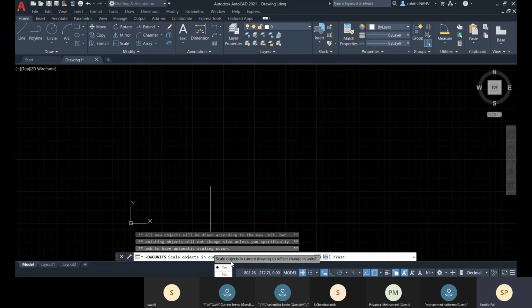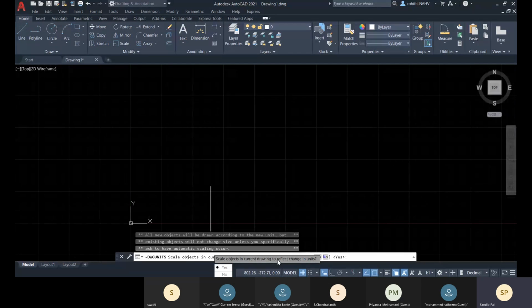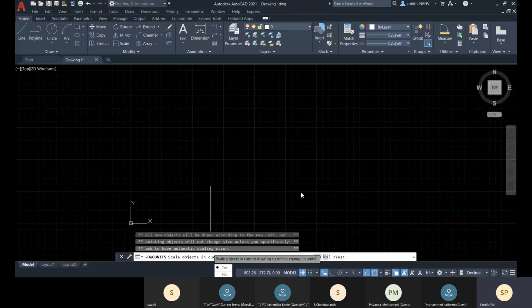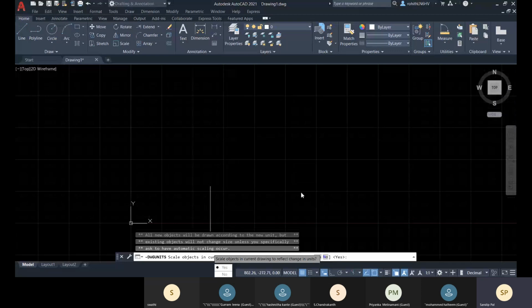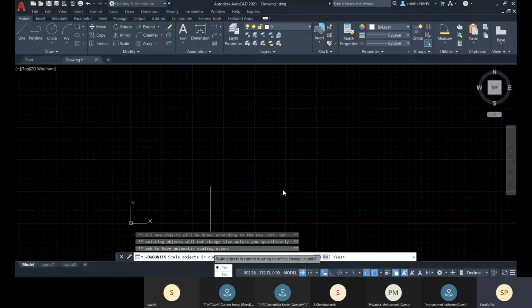Then it's asking you to scale objects in the current drawing to reflect the change in units. Suppose you have done your earlier objects in inches, and you want to scale them in millimeter, so they will be scaled. Your existing objects will also be scaled if you change your drawing units after creating your drawings.